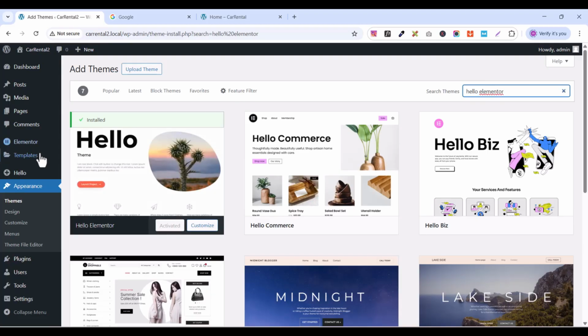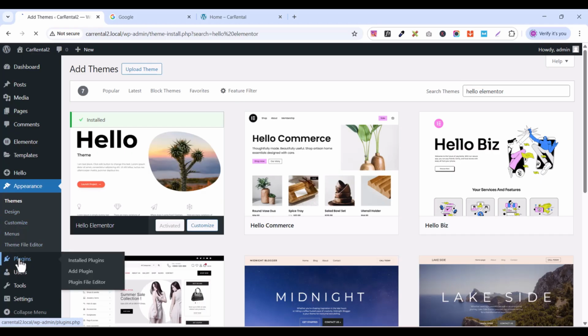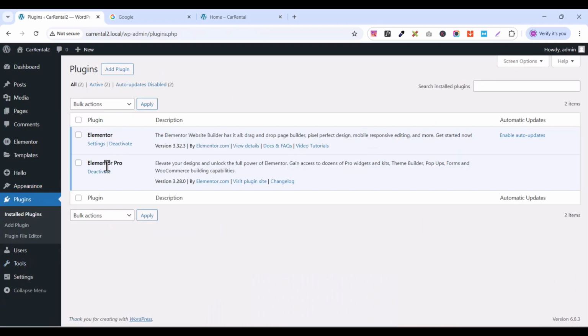Then you come to the left side again, and below you see plugin. Click on plugin, and this page will open. You see the plugins that I am using for this training, and I am using two plugins here, Elementor and Elementor Pro. To install the Elementor plugin, come to the top here. You will see add plugin. If you want to install it, you will see add plugin. Click on add plugin,